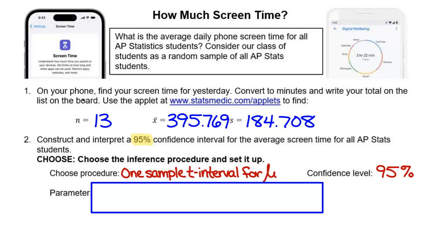One of the things I noticed when I was grading the tests was some people were just writing down parameter and then defining it, but they didn't have